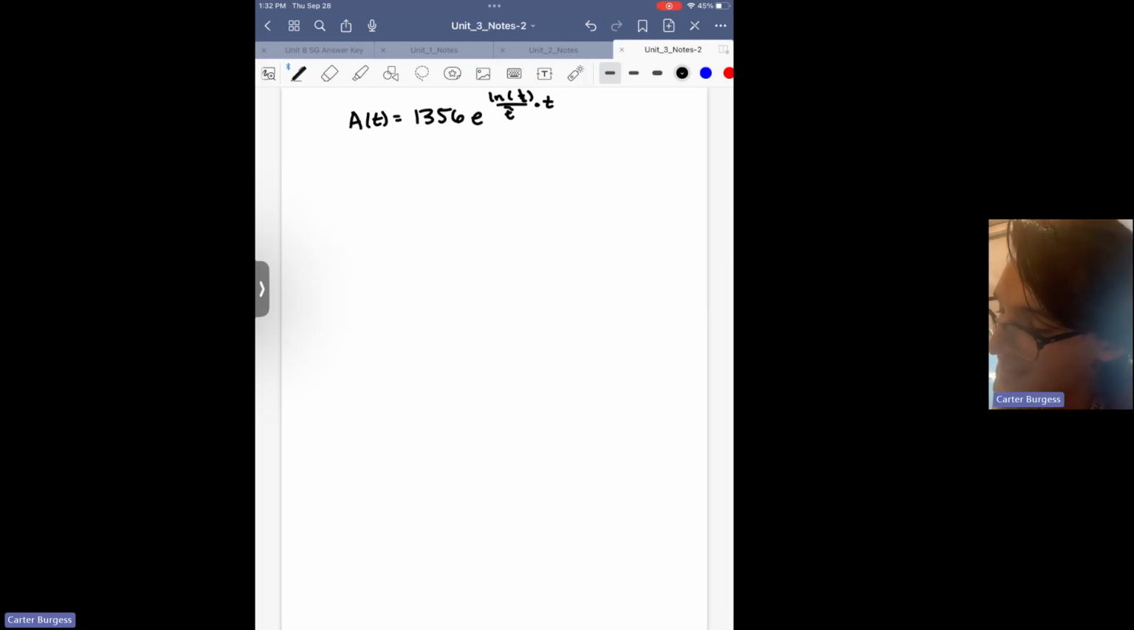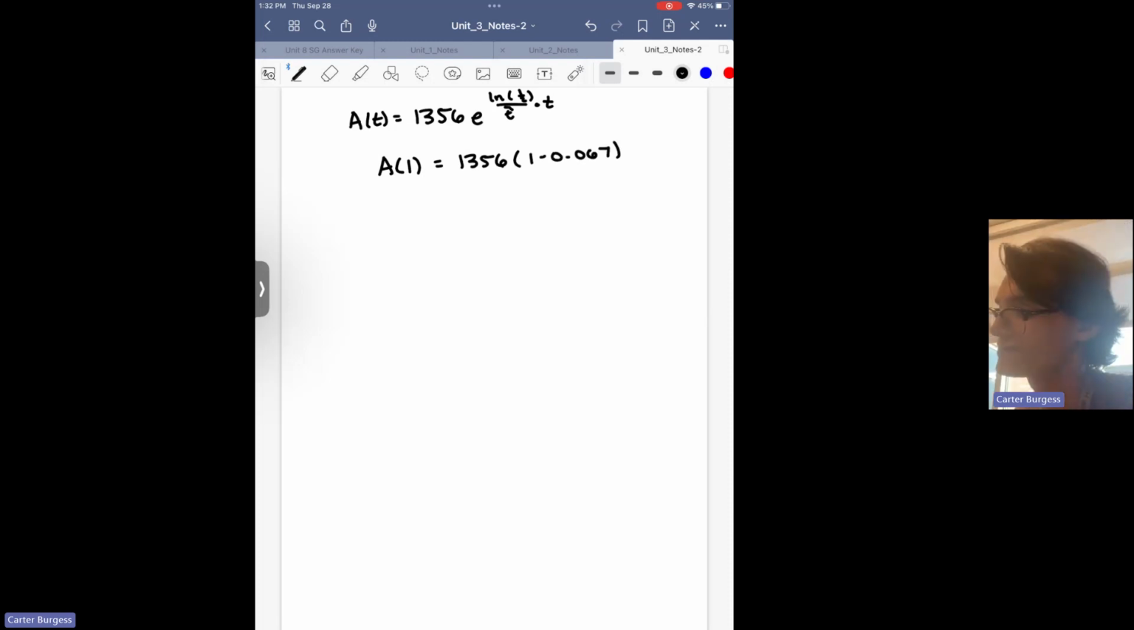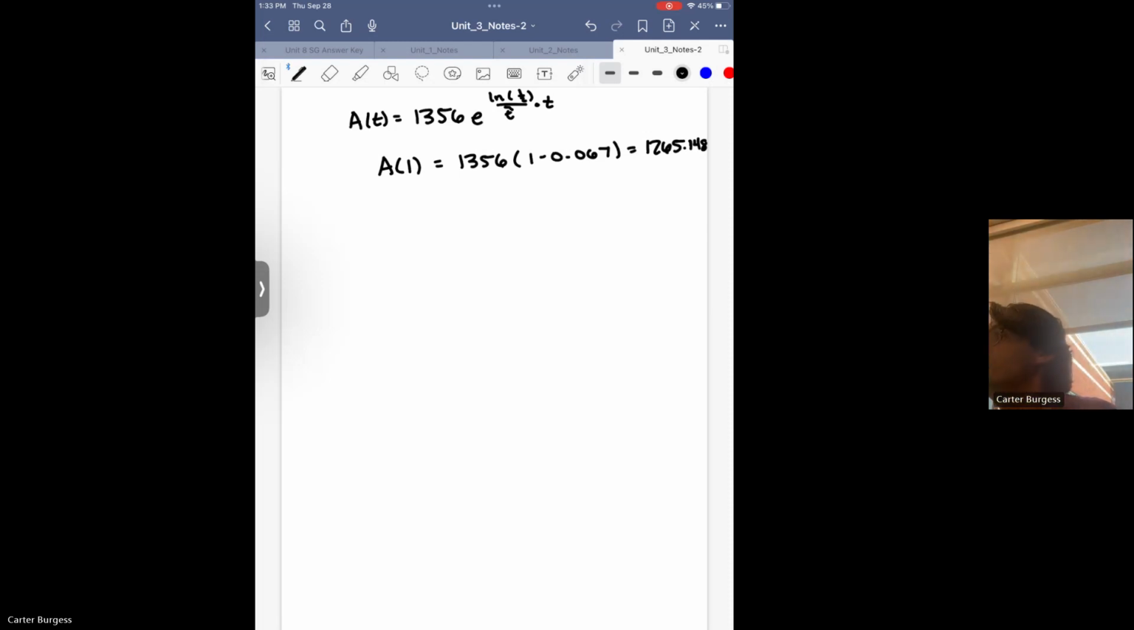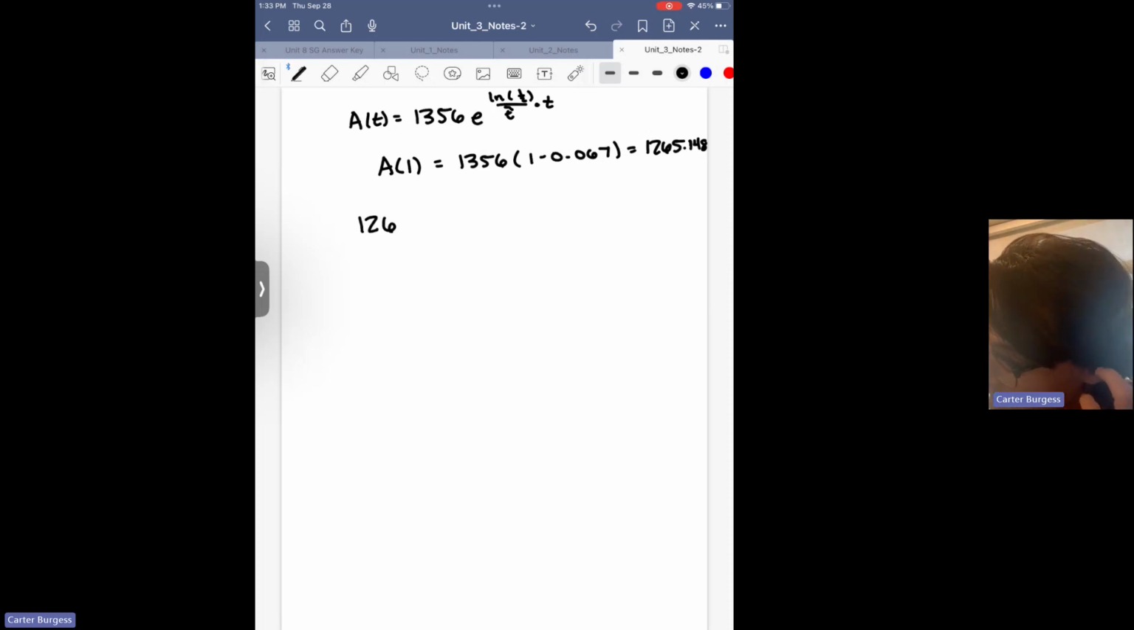In particular, when t equals 1, so A of 1 was equal to whatever 6.7% less of this initial amount, so 1356 times 1 minus 0.067, which was equal to, what did this end up coming out to? 1265.148. Okay, so we set up this equation instead. That 1265.148 was equal to